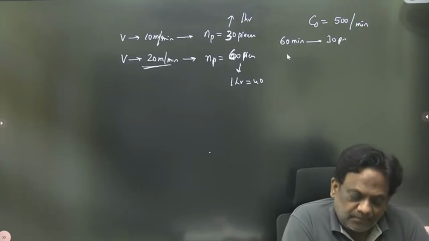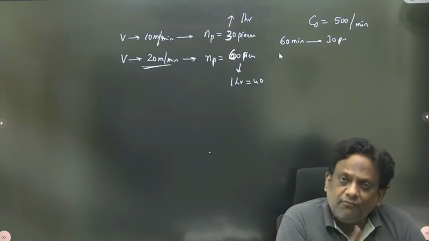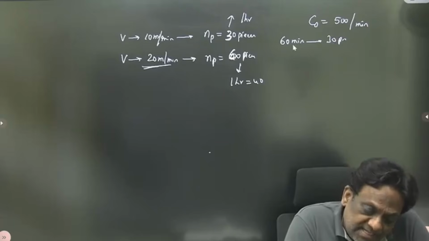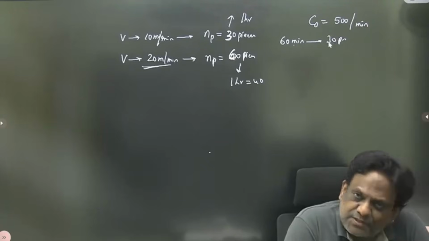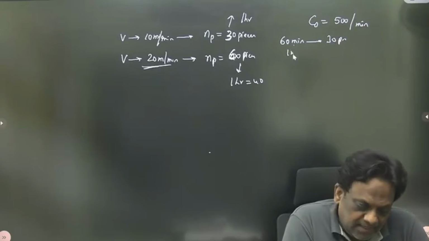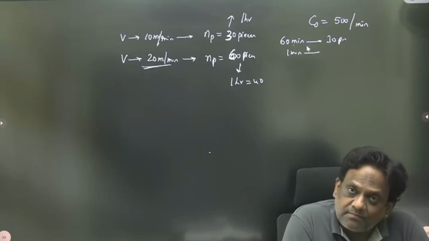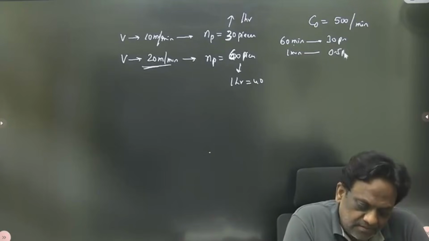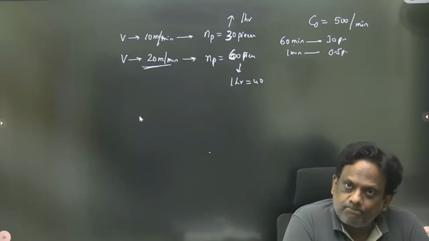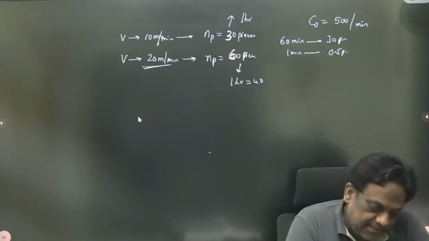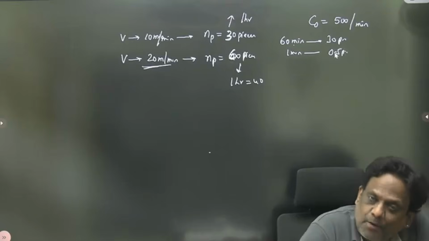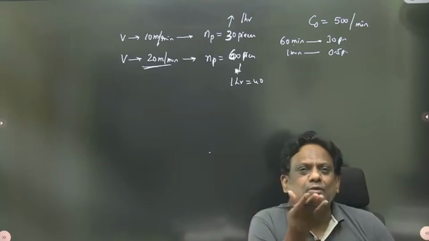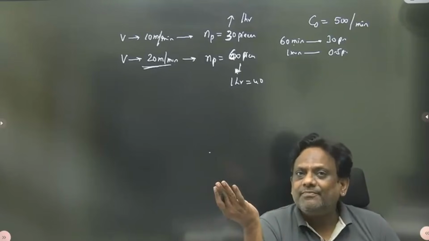So in 1 minute, how much is he manufacturing, sir? एक प्रोडक्ट को देखो, 1 आवर में 60 मिनट्स में 30 पीसेस हो रहे हैं सर, तो 1 मिनट में कितना हो रहा है सर? 1 मिनट में हाफ, करेक्ट ना? 0.5 पीसेस, करेक्ट? इधर आइए, 1 मिनट में 0.5 पीस। उसका आवरली रेट तो सेम ही है ना सर, whether he is manufacturing more or less, hourly I am paying the same.